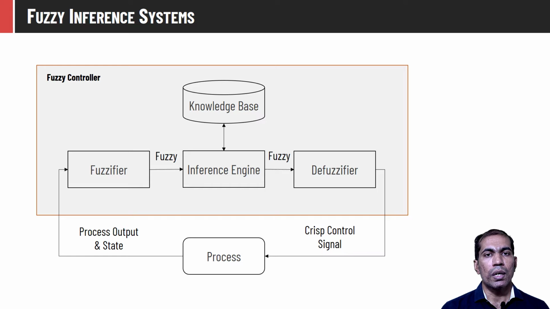Before we dig into the discussion of various membership functions, let us first understand why we need this fuzzification process. This is the overall diagram of a fuzzy inference system. As you can see, the input to the system comes from this fuzzifier. That input will be in crisp form, and it is converted into fuzzy form. That converted fuzzy input will be processed using the knowledge base. Some inference mechanism is applied on that, and finally the fuzzy output is generated.